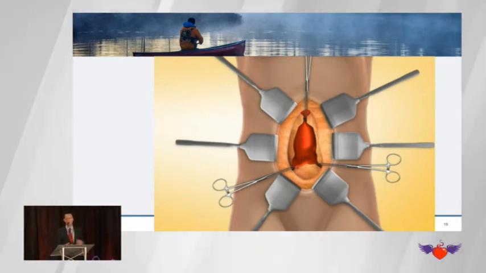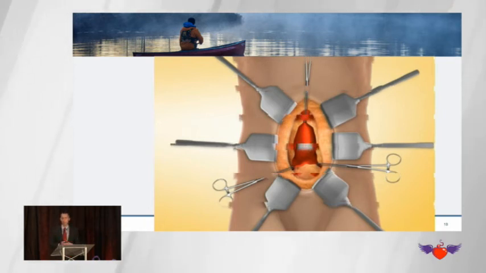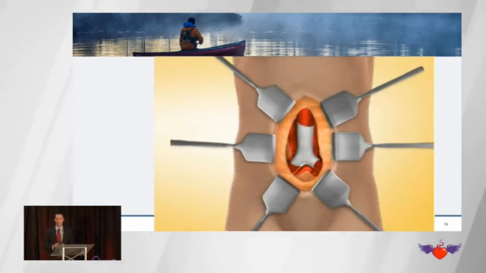The aorta gets clamped to stop the blood flow, and then the aorta gets sliced open. Any plaque on the inside sort of gets scooped out, and then a graft gets sewn in. I am simplifying this a lot because I don't do this surgery, but that's kind of what the end product